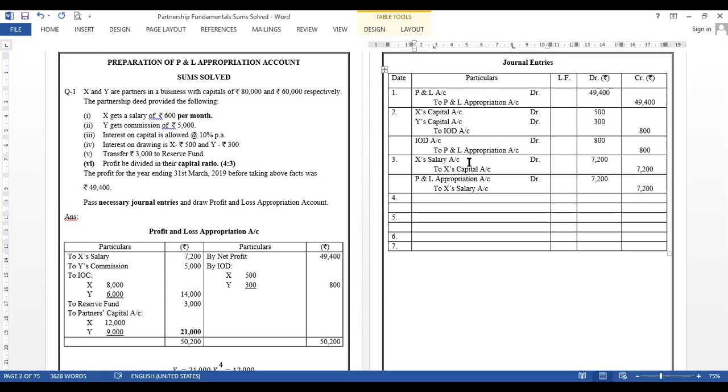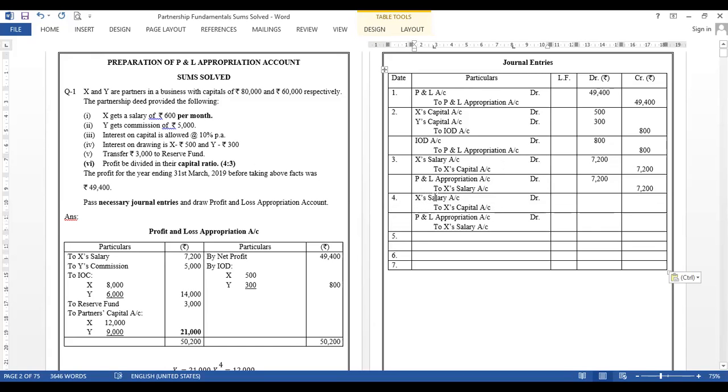Next. After salary, commission. Vice commission. Vice commission account debit to vice capital account. Okay. और second entry. P&L appropriation account debit to vice commission. Yes. Vice commission account debit to vice capital, and P&L appropriation account debited to vice commission account. Okay. Amount is rupees 5,000. I'm sure everybody is getting the things very clearly. Should not be a problem to understand the basic fundamentals. Okay, fine. So we are done with the commission part.